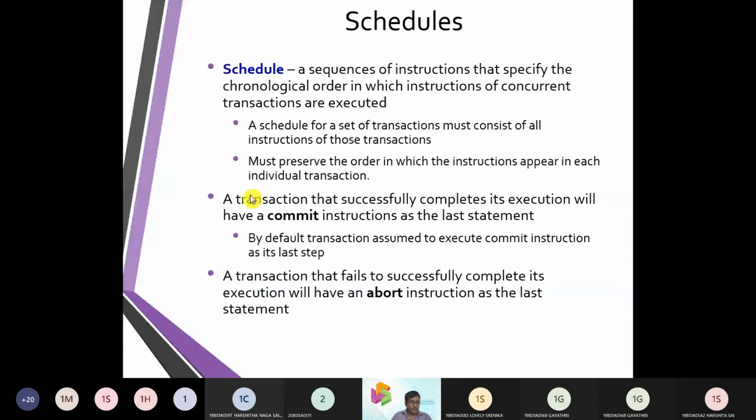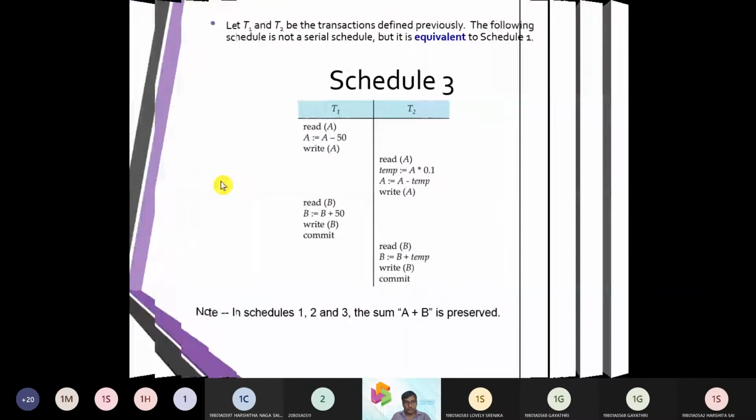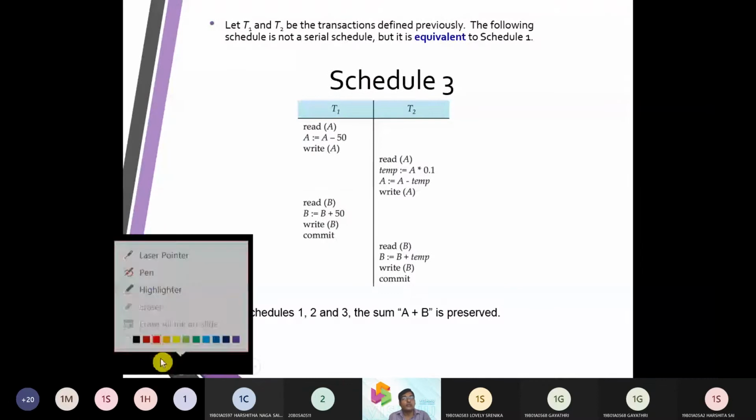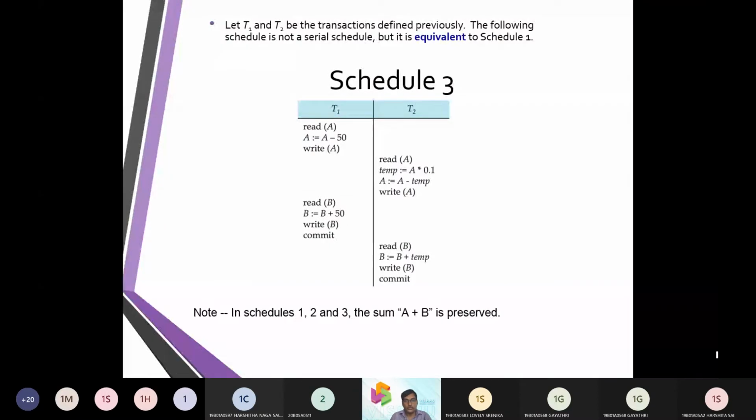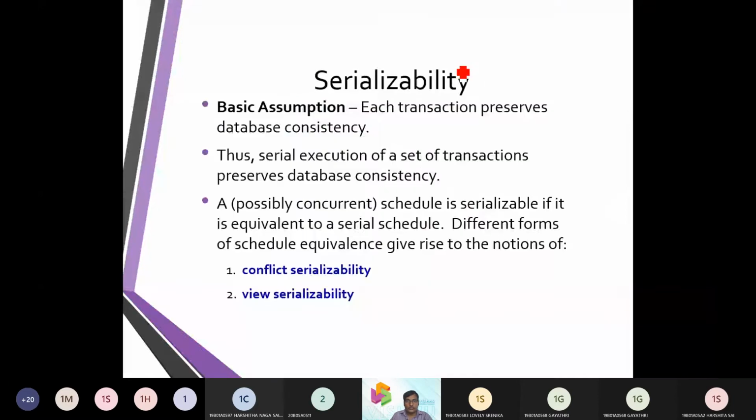We talked about serial schedules and view schedules. As a part of it, we were yet to start serializability. So when coming to the word called serializability,